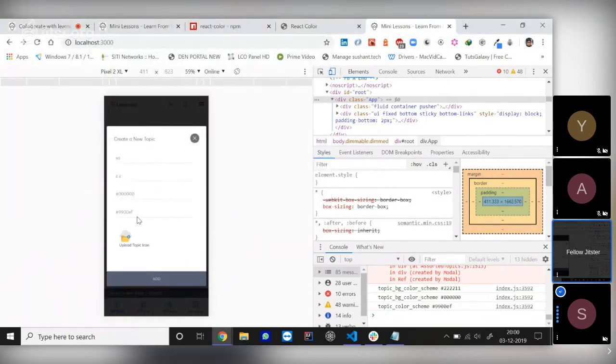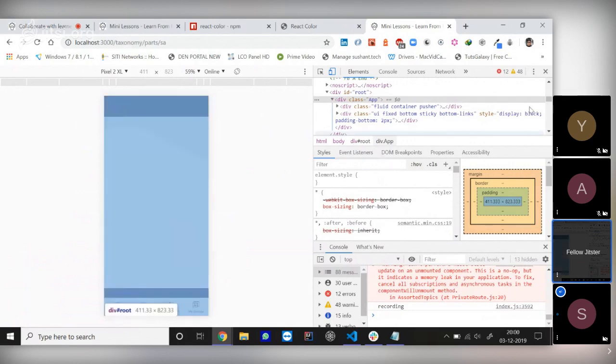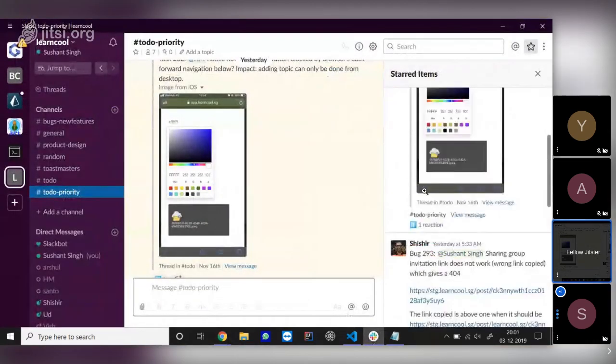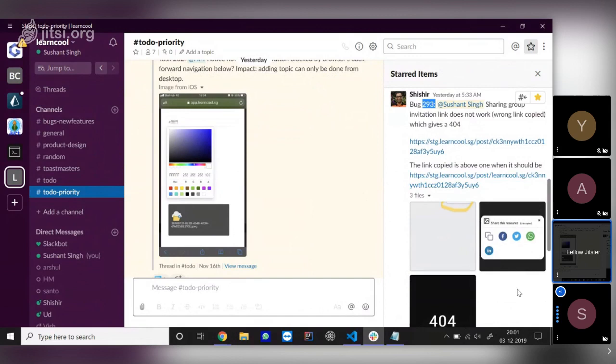So now let's look at the second bug that we have assigned to you, Sushant. That would probably also give you an introduction to some other part of the app. Let's look at the second bug: sharing link does not work, wrong link is copied. This itself is basically this page which shows